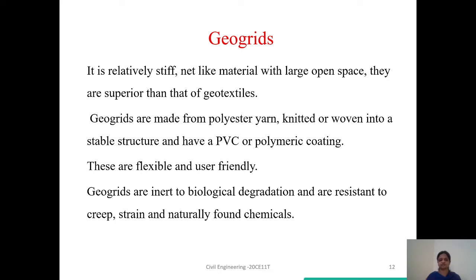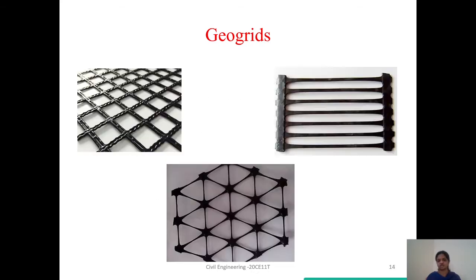Coming to geogrids. Geogrids are relatively stiff, net-like material with large open spaces. They are superior to that of geotextiles. Geogrids are made from polyester yarn, knitted or woven into a stable structure, and have a PVC or polymeric coating. Here we can see a uniaxial geogrid, biaxial geogrid, and triaxial geogrid, which is a net-like material